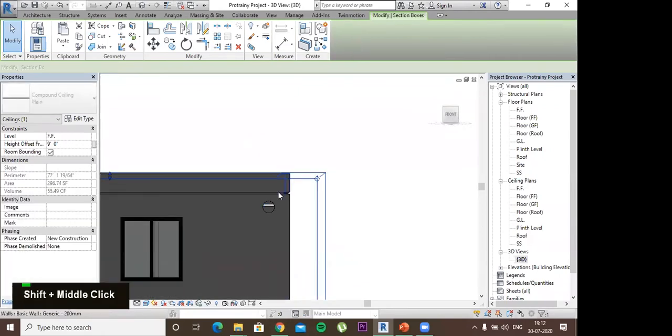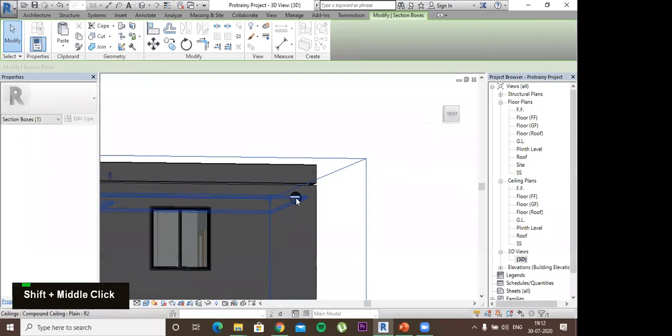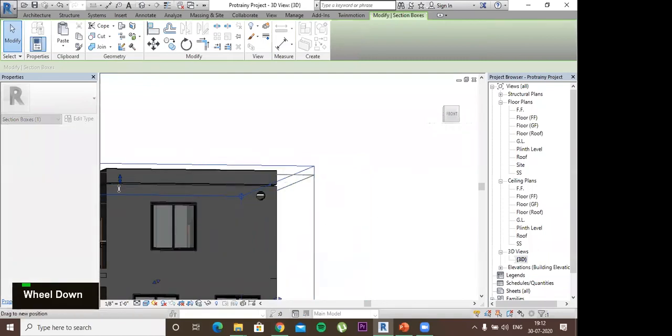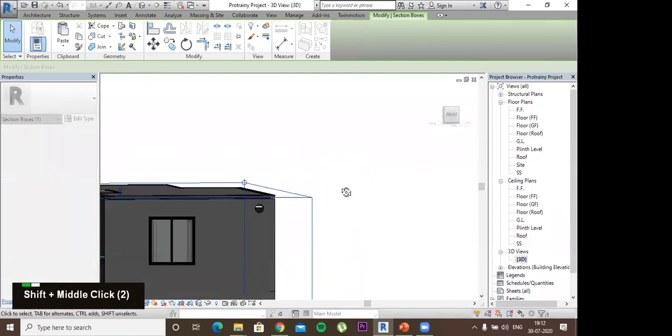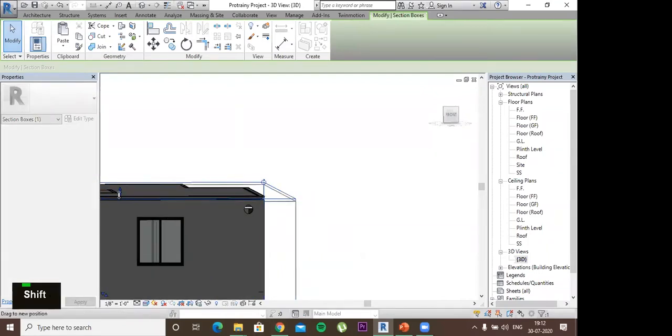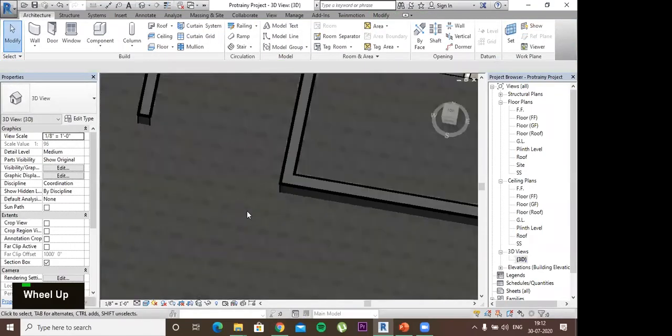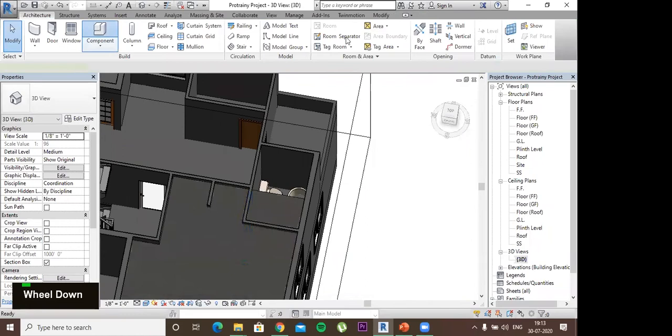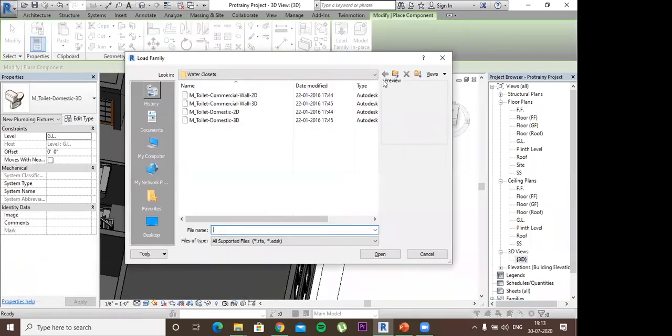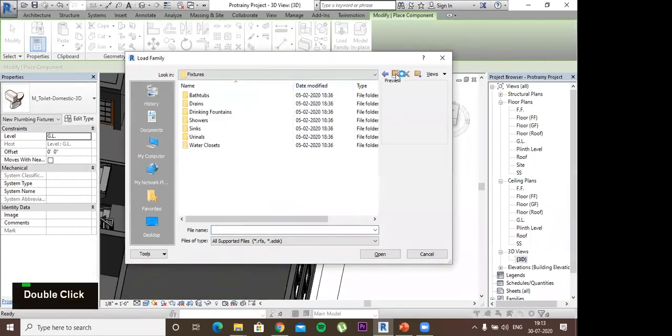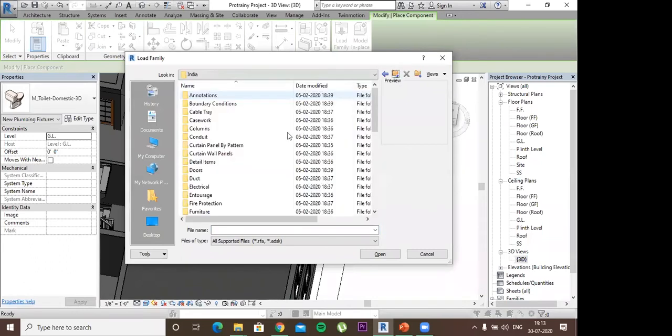Here it is. This white one, this is our ceiling. Okay, so we'll just move the section panel so that we can see our ceiling directly. This is our ceiling. Okay, now we'll go to component, load family. And we'll go to